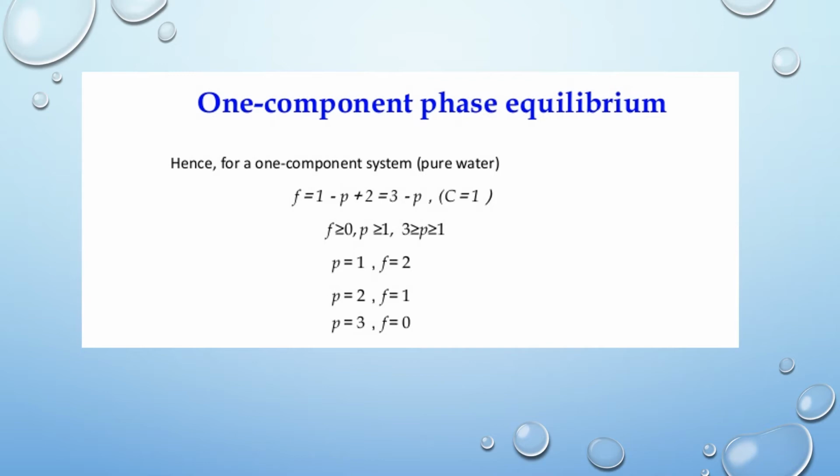Case 3 is, consider a one component three phase system, that is water, ice and vapors in equilibrium. For this F is equal to 0. Such a system is invariant as no external condition has to be mentioned in order to define the system. Such an equilibrium where three phases coexist, that is triple point, can exist only at a particular temperature and pressure.